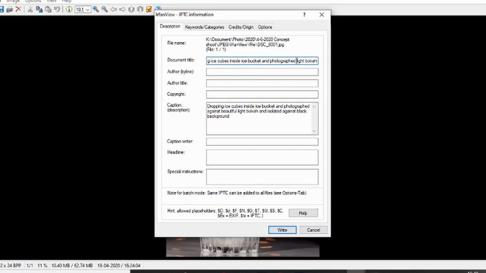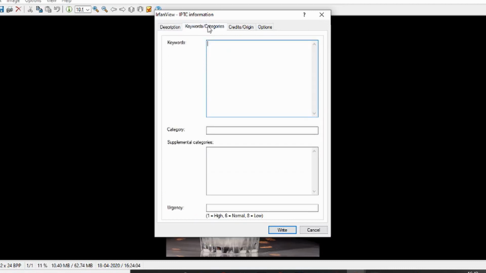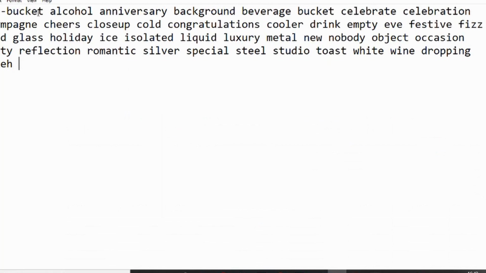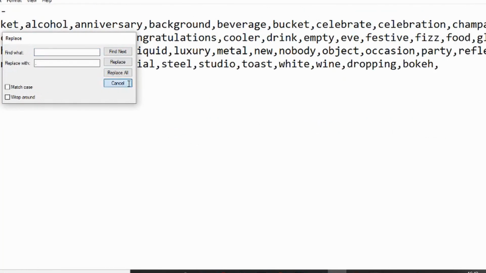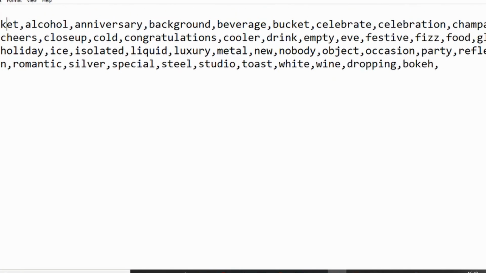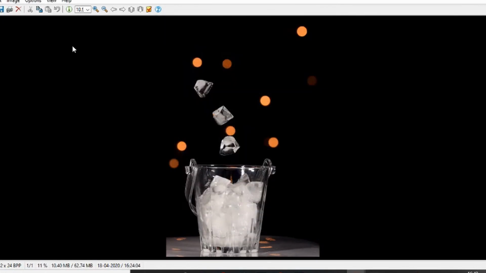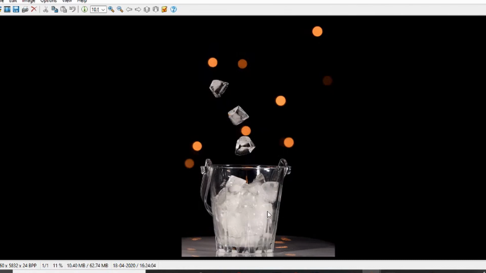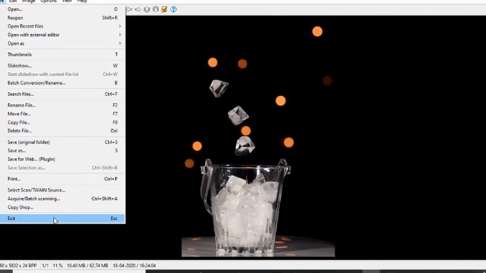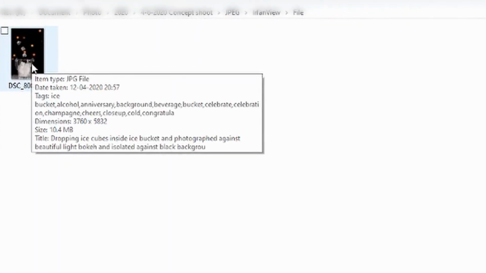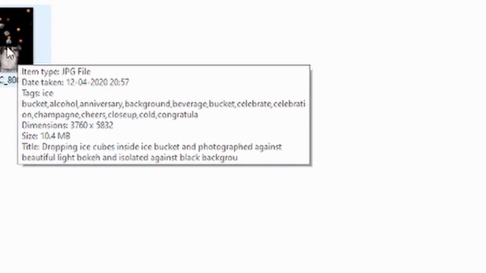You can type your own as per your wish though. And here is a list of keywords I collected a few minutes back. I'll paste it in the keyword section. Click on the OK button and exit IrfanView.